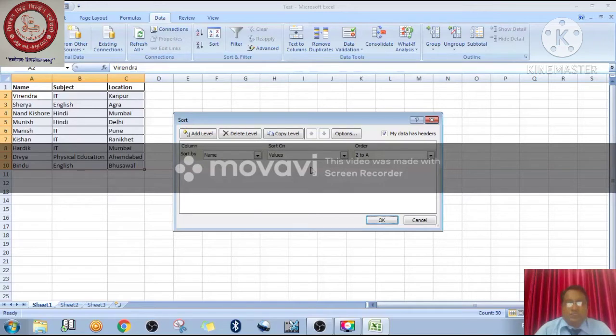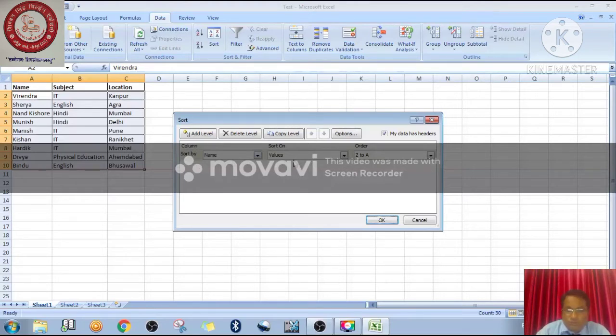Now students, sort means I want to do the sorting according to my necessity, my requirements, right? So suppose I want to find out the ascending sorting with locations, right? In this window, three kinds of boxes are there. Number one, Sort by.